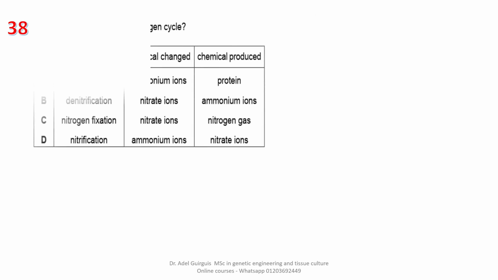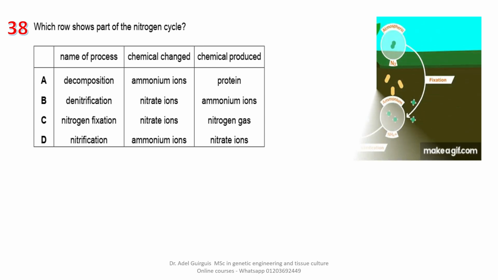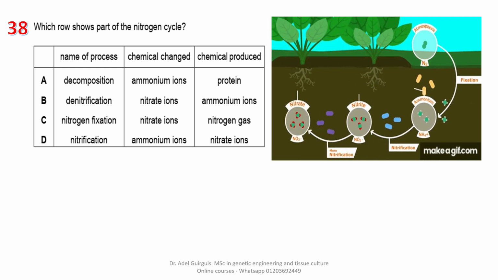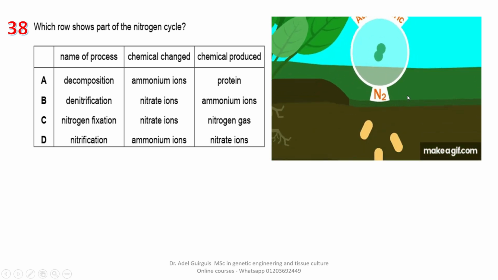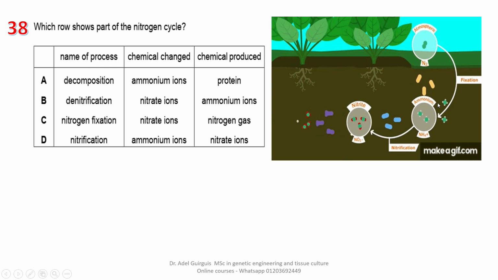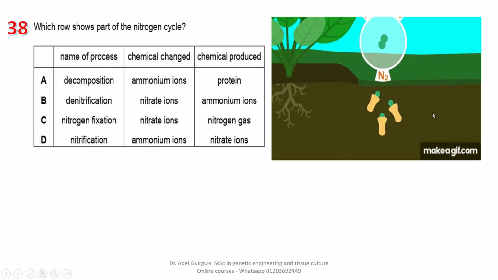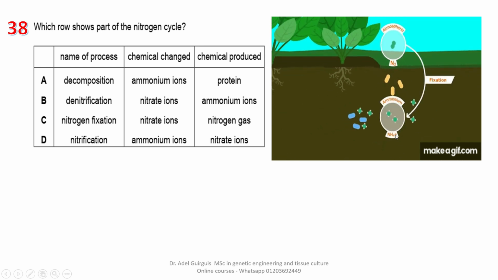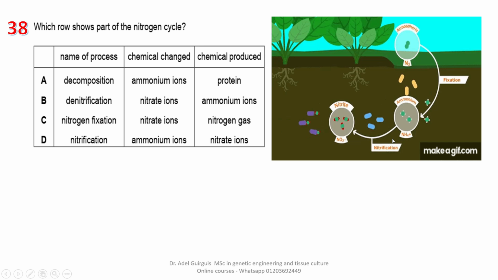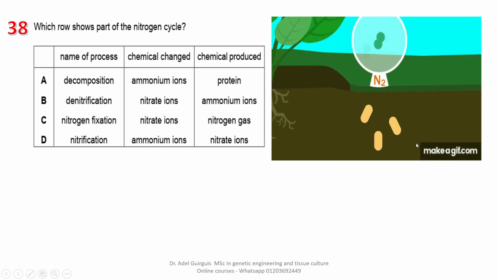Number 38. Which row shows part of the nitrogen cycle? It's a good chance to revise the nitrogen cycle. Look at this cycle. Here, atmospheric nitrogen in air is fixed by certain types of bacteria, soil bacteria or nodular bacteria, into ammonium ions. Ammonium ions, NH4 plus, pass through nitrification by certain bacteria where it changes into